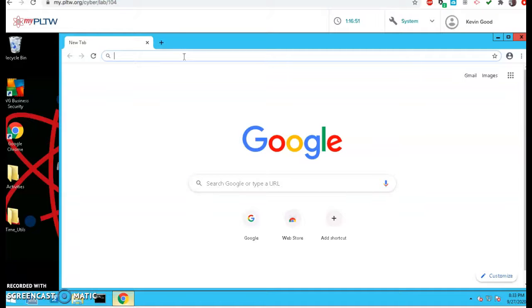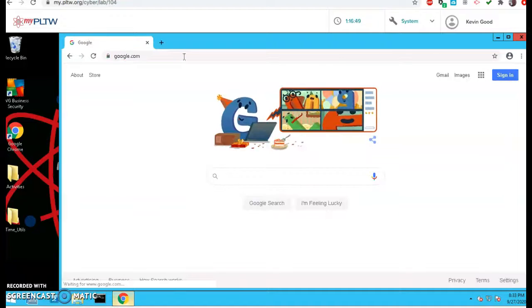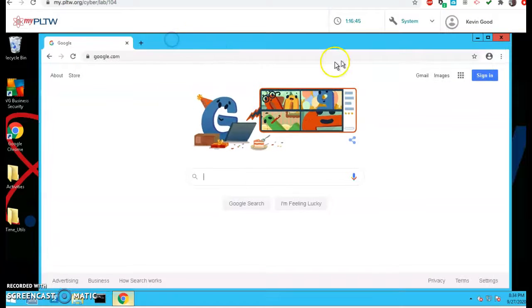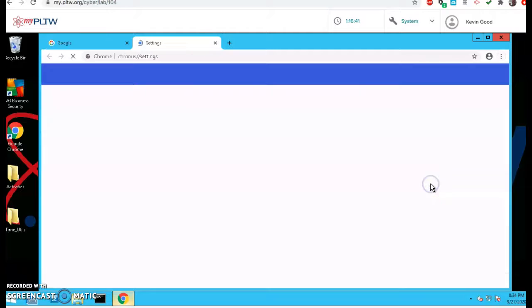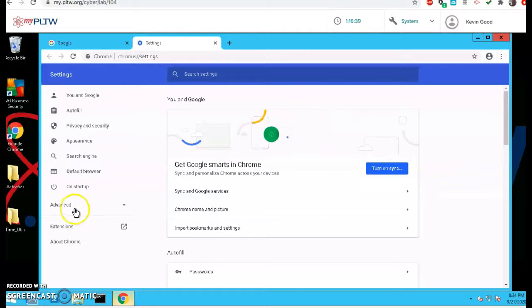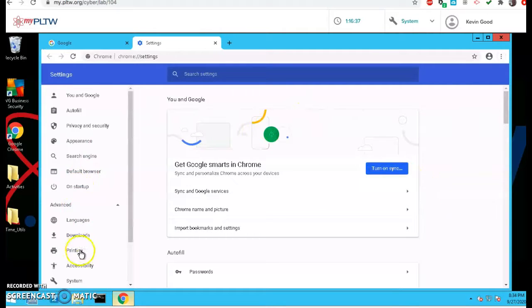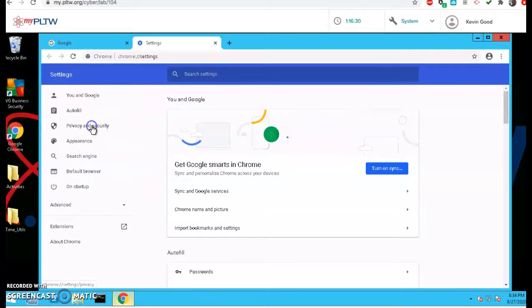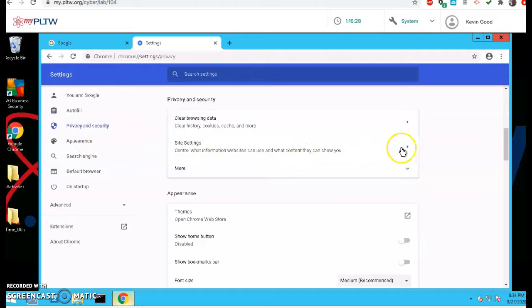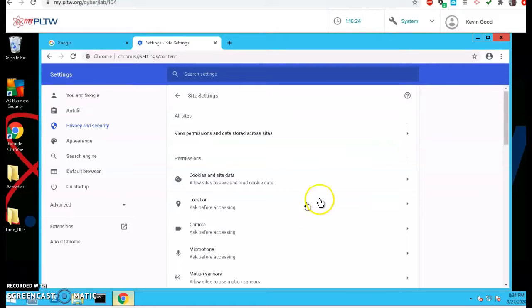You just go to google.com, right? And if you want to look at all the cookies that are saved already, you go over here to settings. And we go to site settings, which is under advanced. Oh, privacy and security. There we go. So, privacy and security, site settings. If I want to look at my cookies